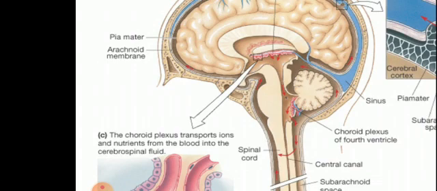Now let's see what the pia mater is. The innermost membrane is the pia mater, which is basically in close approximation with the brain and the spinal cord. The space between the arachnoid and the pia mater, we call the subarachnoid space. The subarachnoid space of the brain and the spinal cord and the ventricles are filled with this cerebrospinal fluid. Now at some places the subarachnoid space shows dilatations which you call the cisternae, and there are three cisternae which are present.